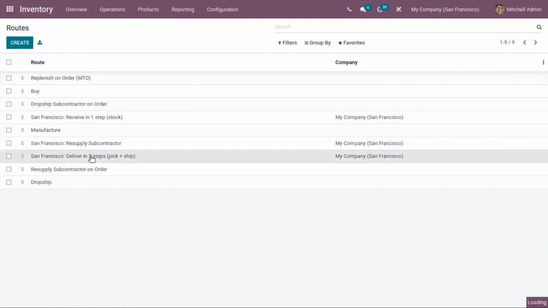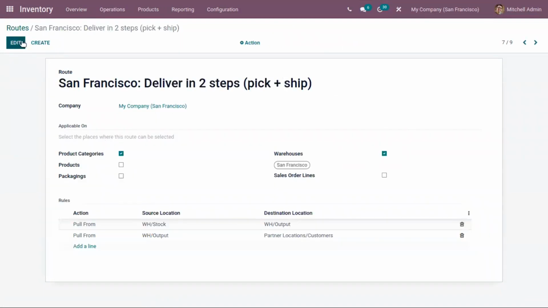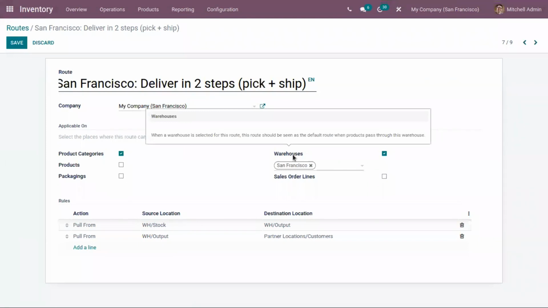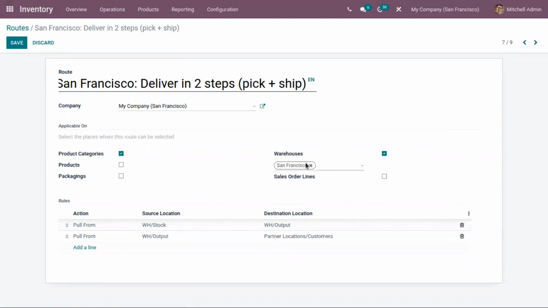So let us open our delivery and see how this route is configured. You can see the name of this route, and here we can select the places where the route can be selected. We can make this route selectable on product categories, inside the product form, and on product packagings, and then we can set this route as the default route for the products inside a warehouse.